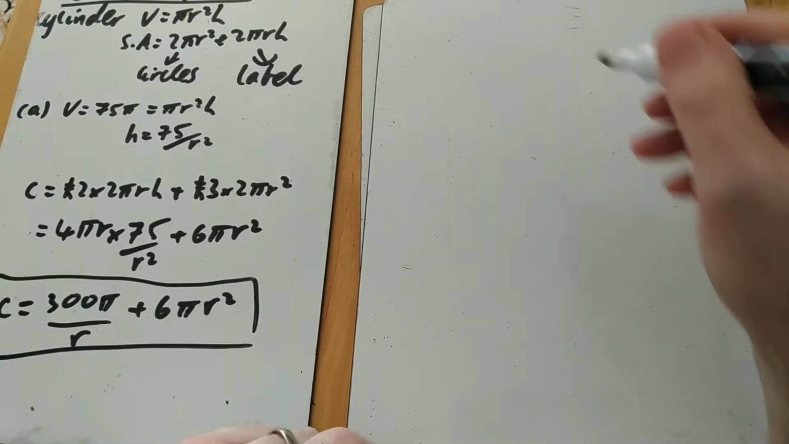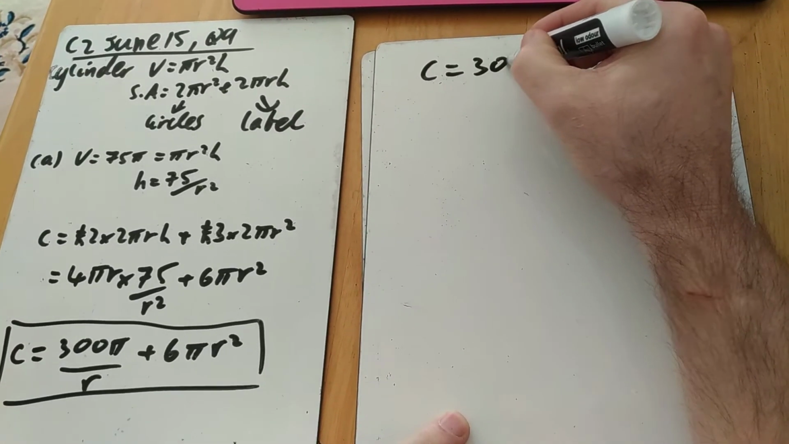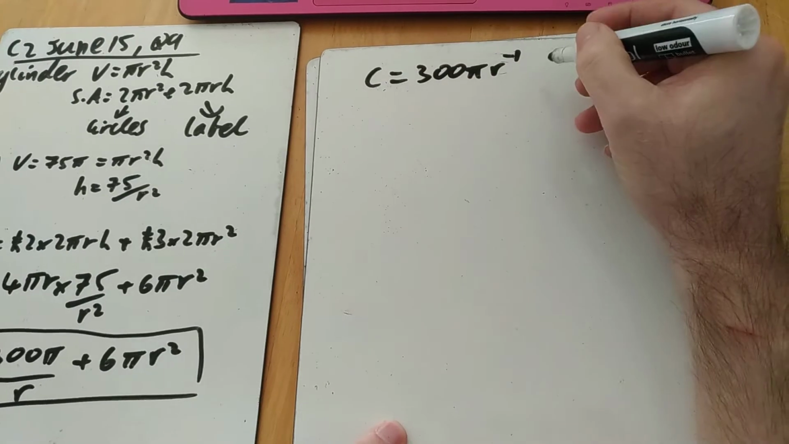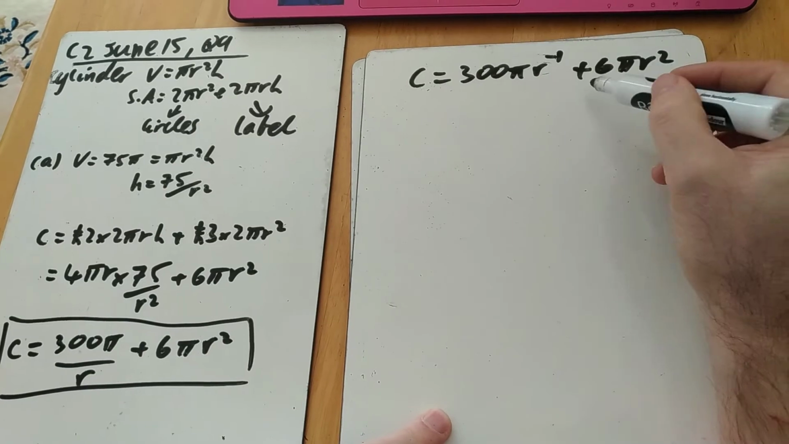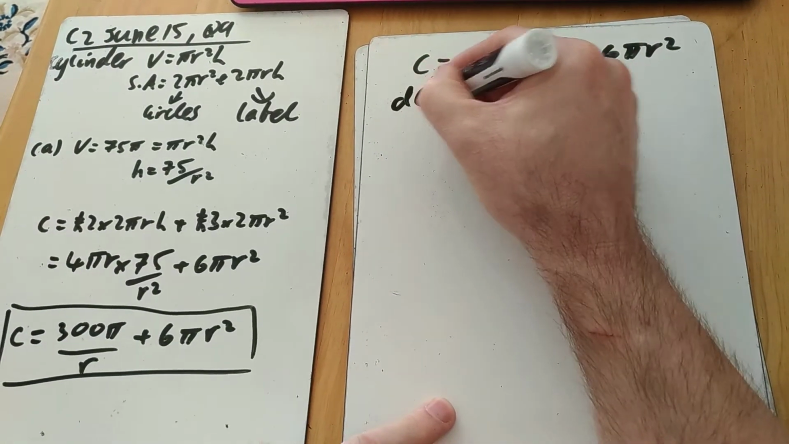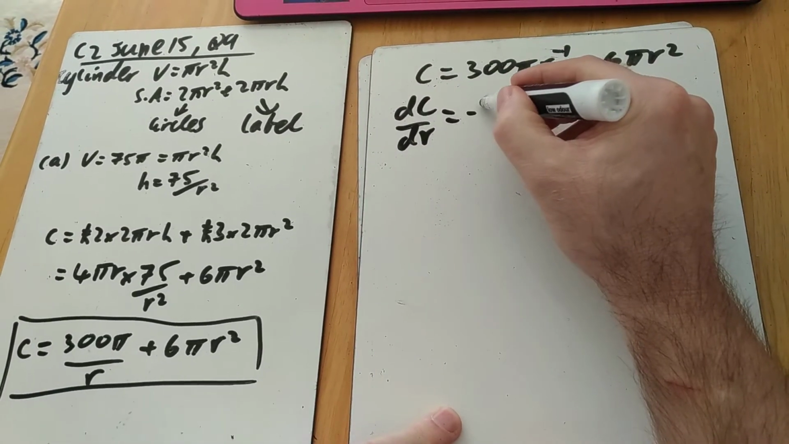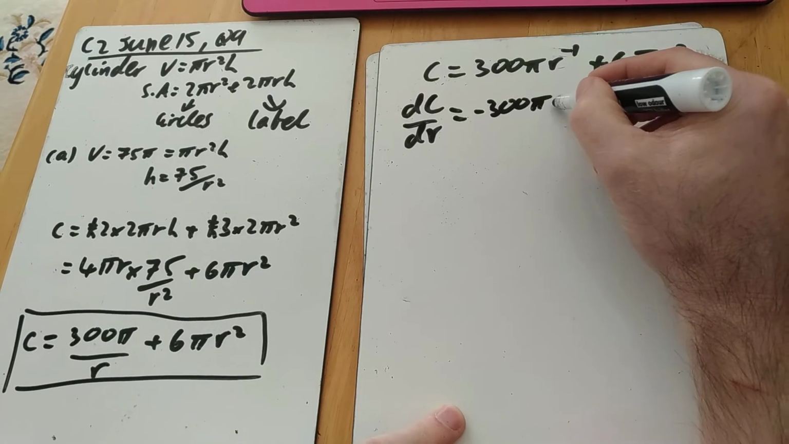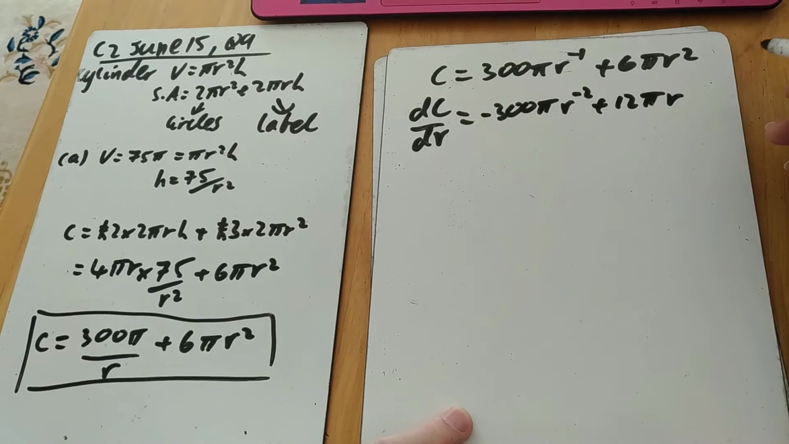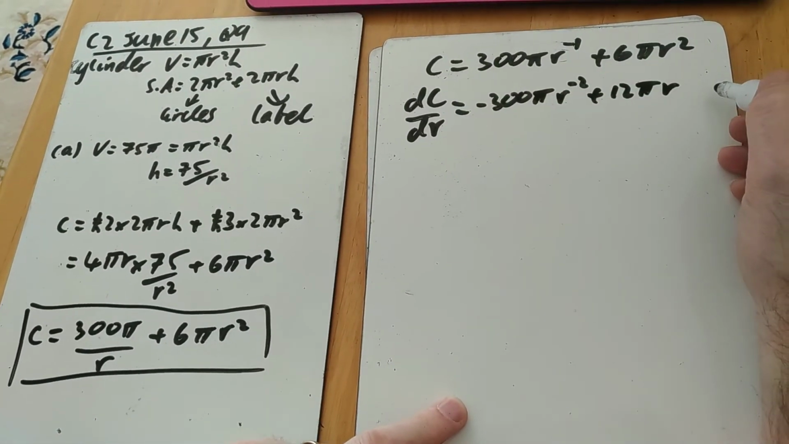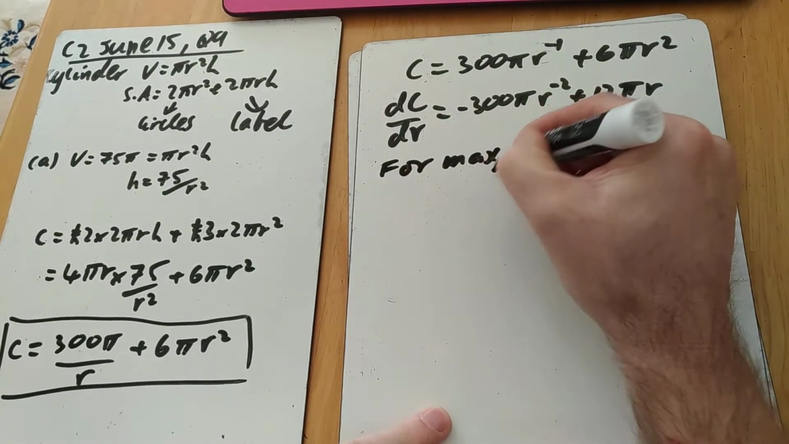Part B is quite straightforward. Differentiate it. And before differentiating it, probably a good idea to write it as a power equation. It's 300 pi r to the minus 1 plus 6 pi r squared. Write dc by dr equals, get our notation correct, times by the power, minus 300 pi, subtract 1 from the power, times by the power, subtract 1 from the power. Don't stick equals 0 there, it drives me potty. I want to see for max slash min,